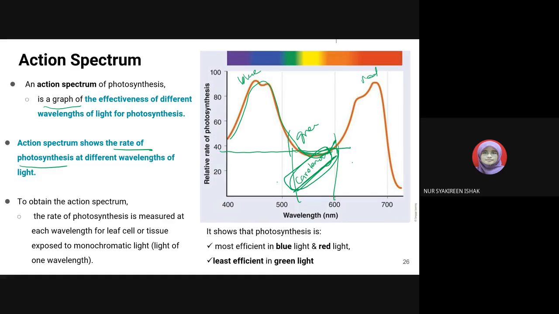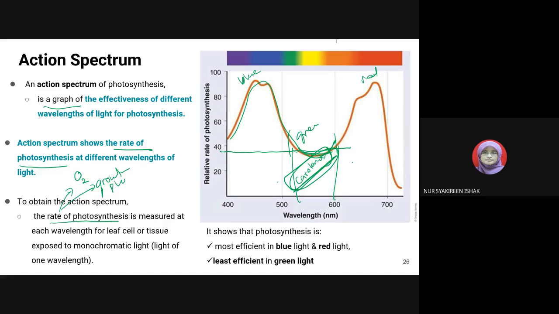So an action spectrum shows the rate of photosynthesis at different wavelengths of light. So to obtain the action spectrum, the rate of photosynthesis is measured at each wavelength for leaf, cells or tissue exposed to monochromatic light of one wavelength. So macam dalam mini project, kan, rate of photosynthesis, dia tengok kesan different cahaya terhadap rate of photosynthesis. Macam mana nak tengok rate? Tengok how much oxygen bubble is released, contohnya. Ataupun you can see the growth